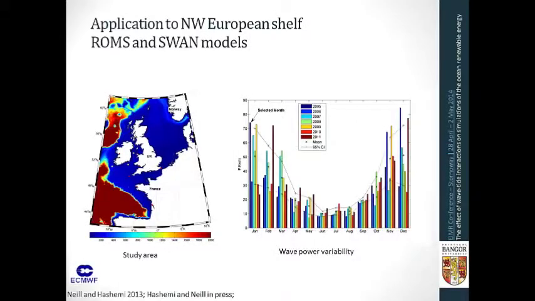So what we have done is that we applied this simple method to the UK shelf sea and examined what would be the consequence of the wave current interaction on the wave resource assessment. This graph shows the variability of the wave power over the European shelf or UK shelf seas based on Simon and my work. And this is the study area. We selected a month as a typical energetic month, which is January 2005.